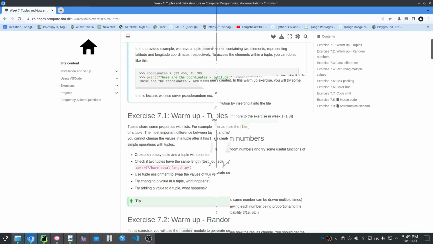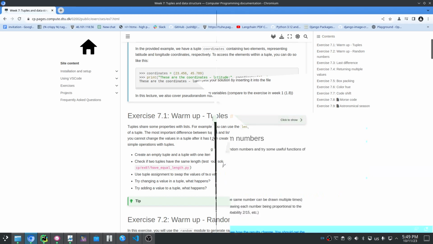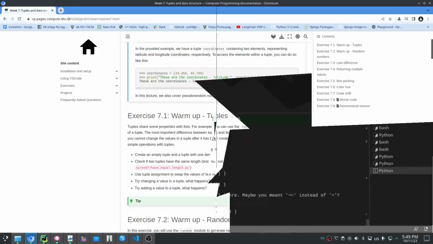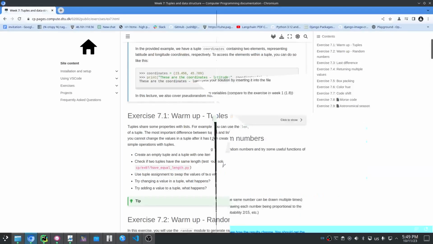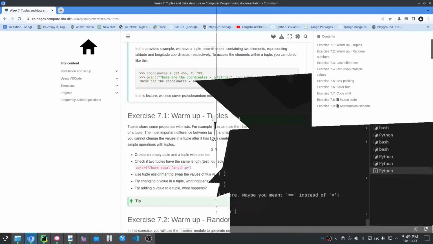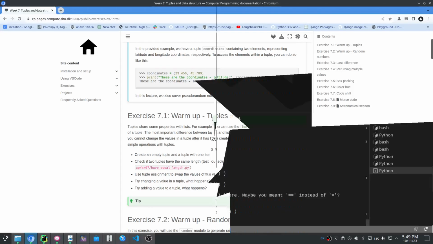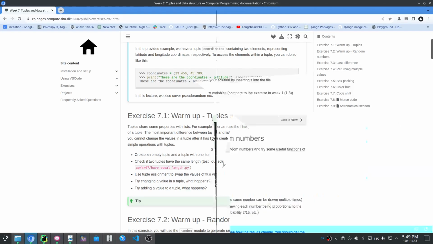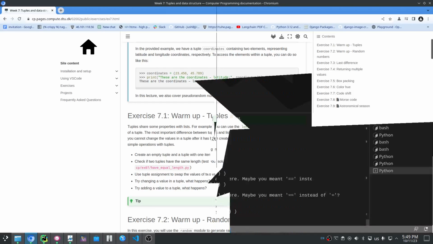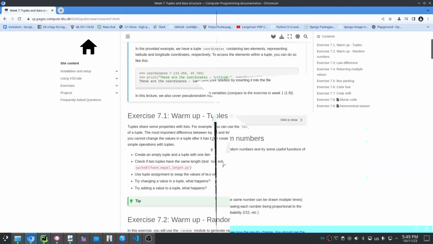Use tuple assignment to swap the values of 2 variables. So it's not just using tuple assignment, it's also using something called tuple unpacking. So okay, what does that mean? Let's say that I define a tuple and I'm going to call it t, and I can define it using parentheses. So let's say t is 2, 5. So now we can see that t is a tuple. Then if I use this notation, a, b equal to t,